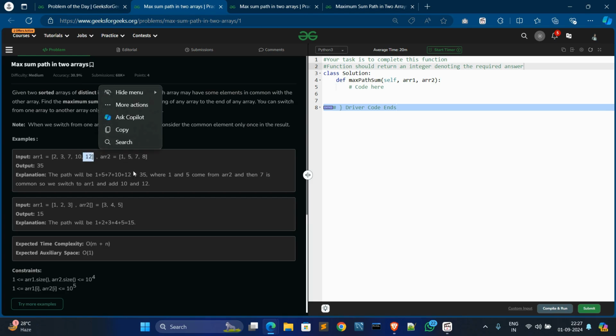All are covered, and a common element is counted only once. After summing these values, it will be 35, and that is the output.